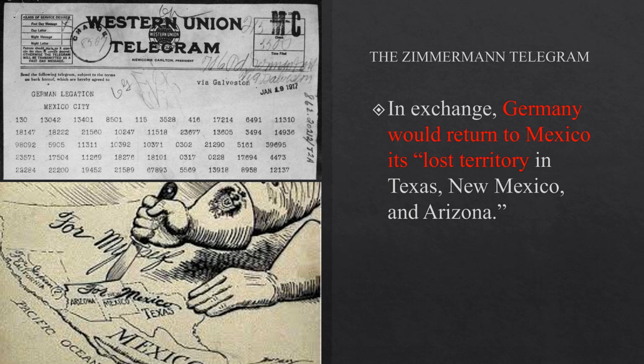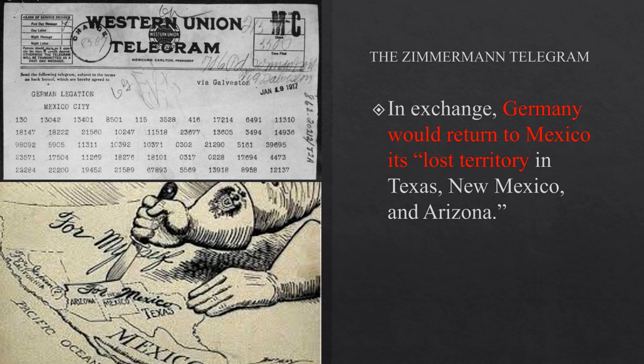Now, on February 3rd, keep that in mind, President Wilson informed Congress that he had formally ended diplomatic relations with the German government to preserve, quote, the dignity and the honor of the United States. Guess what? 3 weeks later, on February 25th, he learned that the British had intercepted, watch this, a coded telegram from Germany's Foreign Minister Arthur Zimmermann to the German ambassador in Mexico City.